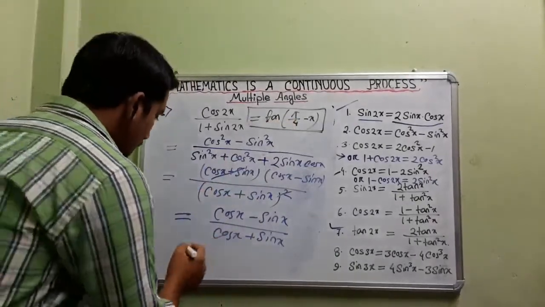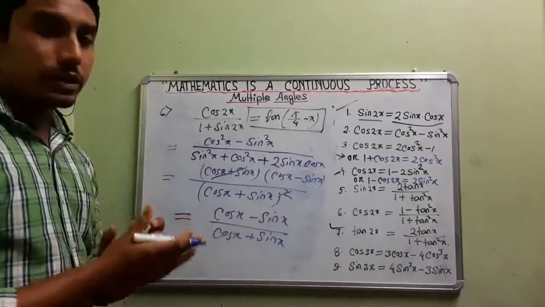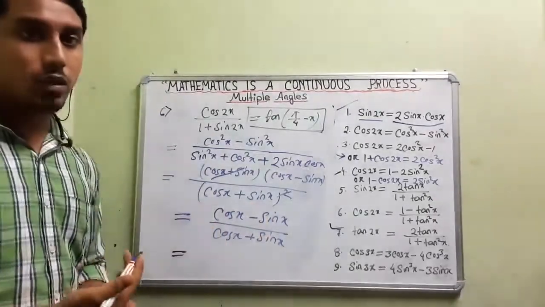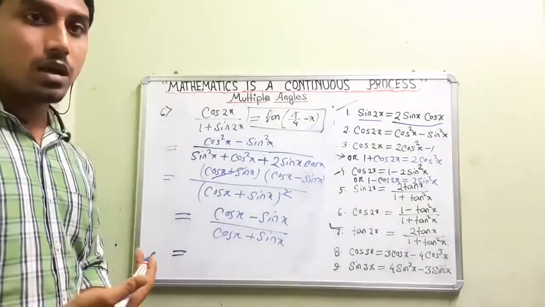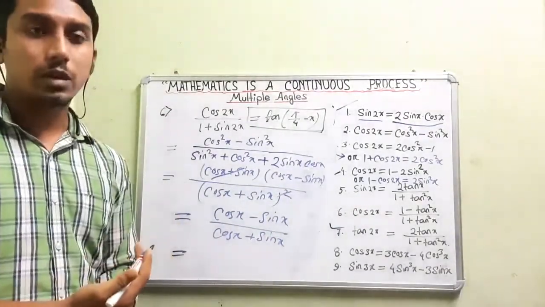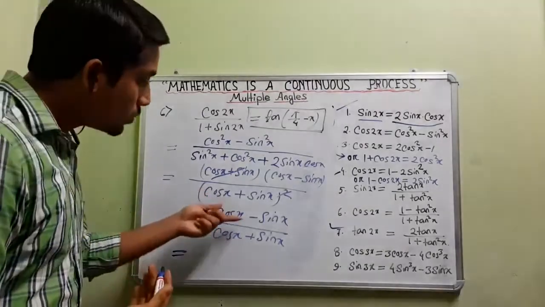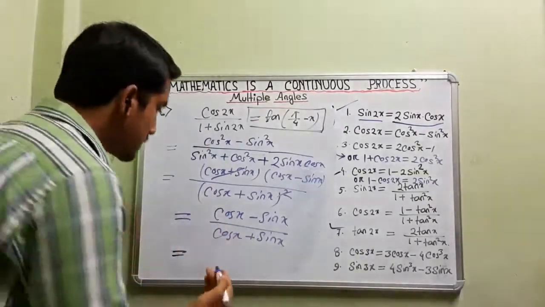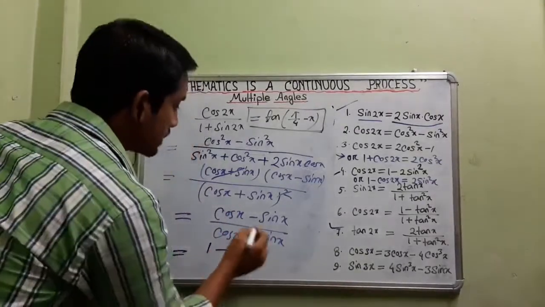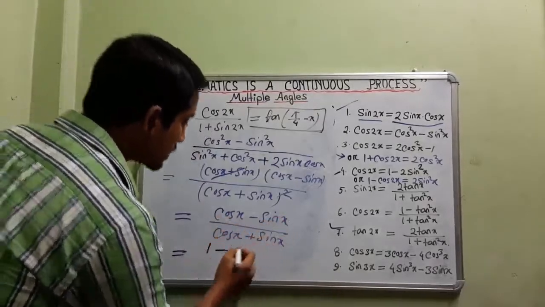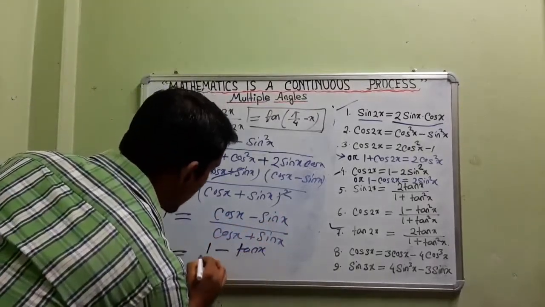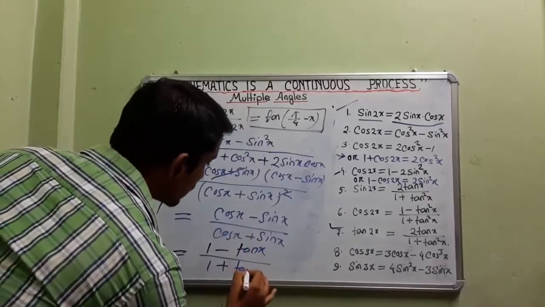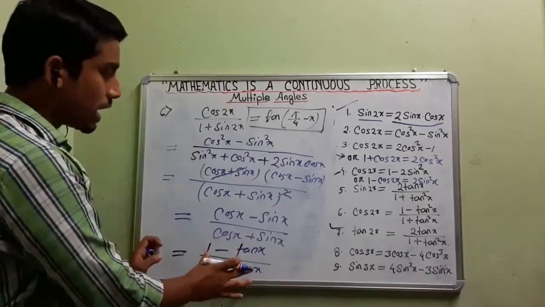So let me show you how. You divide the numerator and denominator both by cos x. These are the steps. Try to remember, every time these things will be needed in solving the problems of calculus. This is a unique step: divide the numerator and denominator by cos x. So dividing, what will I get? 1 minus, because cos x by cos x is 1, minus sin x by cos x giving you tan x. Similarly, dividing the denominator, cos x by cos x is 1 plus sin x by cos x is your tan x. So we got this format. We are going in the form of tan.